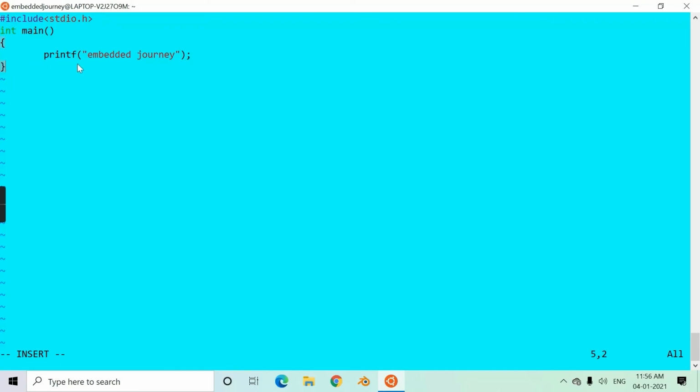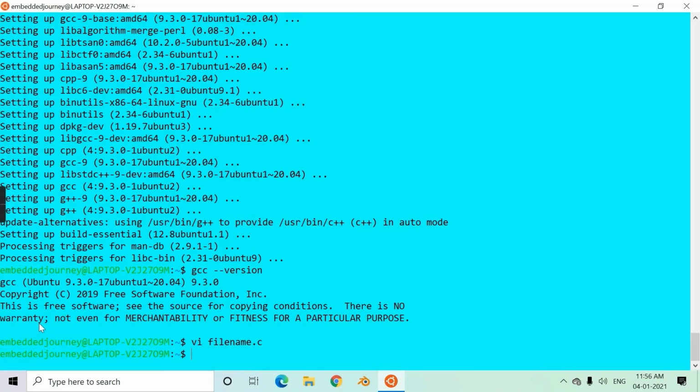This is a simple code to print Embedded Journey, and we have to go back to this page and save. Click escape, and then type :wq, then enter.